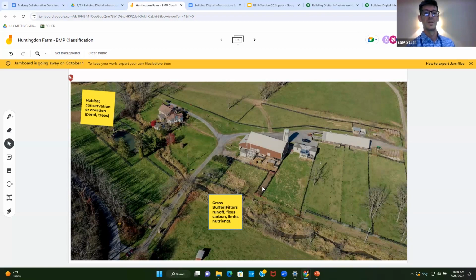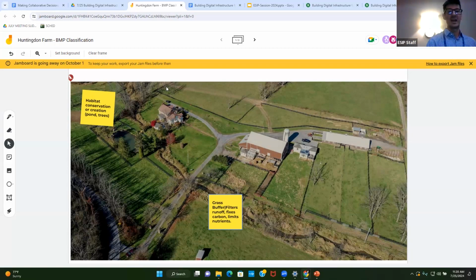That's one. The other big one that a lot of folks miss, just because we're a grass-fed operation, is grazing land. Prescribed grazing is a big one. It makes sure that cattle aren't wearing down the land and putting too many nutrients in and oversaturating the soils. We move them from paddock to paddock to ensure that they've got a lot of room and that those nutrients can get fixed in the soil there. Cool, so this is awesome.